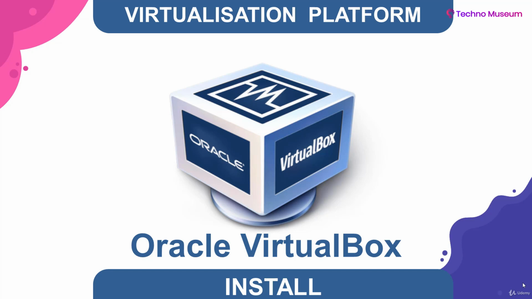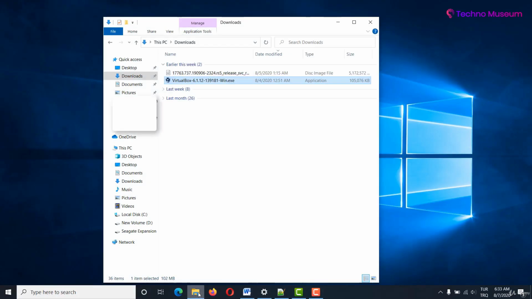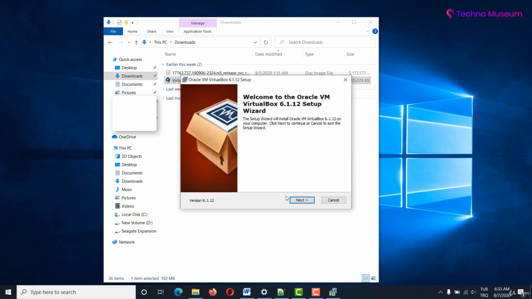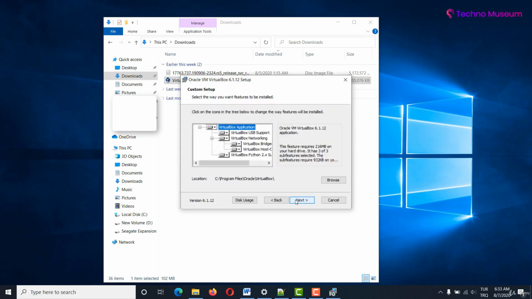All right, so now we can get started setting it up. Just double click on that VirtualBox file. Click the Next button. Now this screen will list the applications that need to be installed with VirtualBox, as well as the place where VirtualBox will be installed. If you want to, you can always change that by clicking the Browse button on the side here. I'm just going to use the default install location, which is on the C drive in Program Files, Oracle, VirtualBox